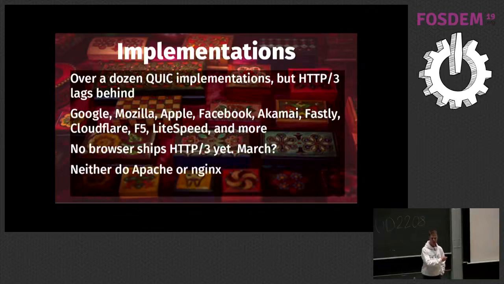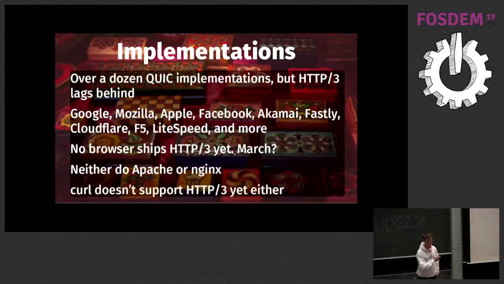The popular open source servers, none of them have even said a word about HTTP3, so I figured they are also not really here right now. And curl doesn't support HTTP3 either, but I'm hoping to soon. Again, HTTP3 implementations are really behind, so there aren't even many HTTP3 libraries to pick from, so I have a bit of a chicken and egg problem here. But I'm hoping to get there with curl within a month or so maybe.